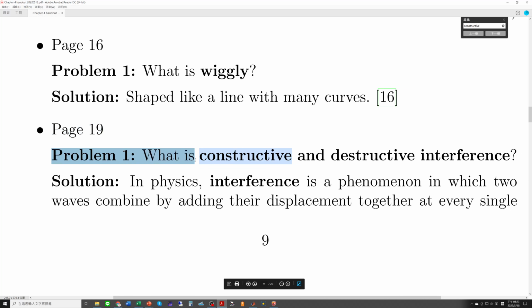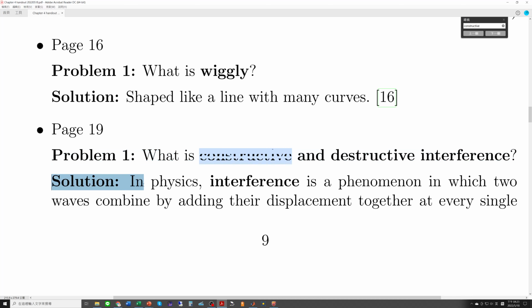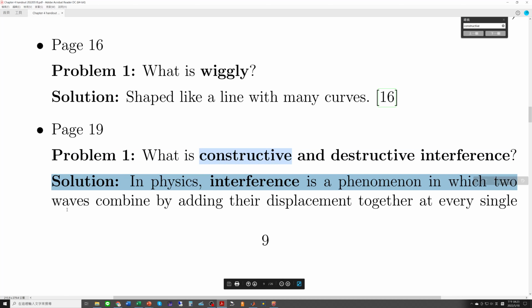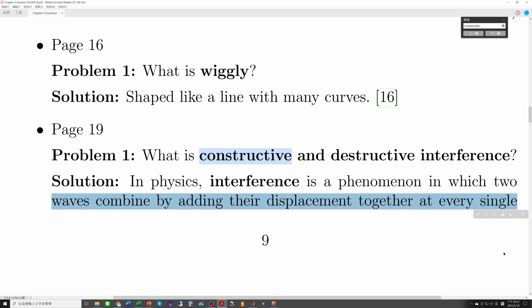Problem 1. What is constructive and destructive interference? Solution. In physics, interference is a phenomenon in which two waves combine by adding their displacement together at every single